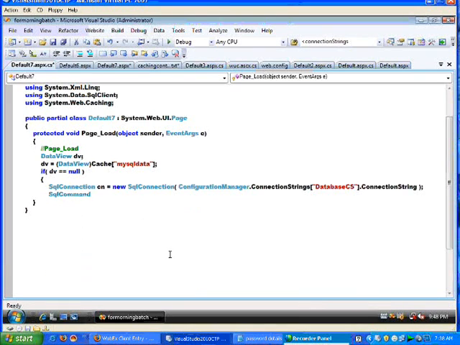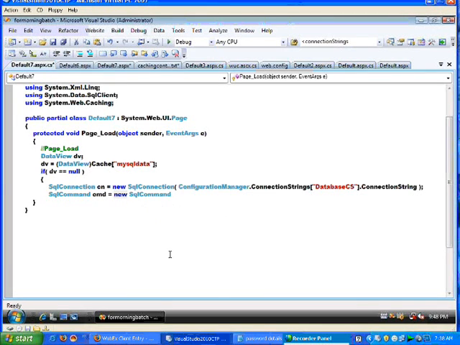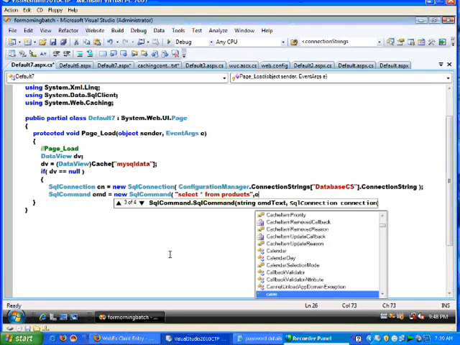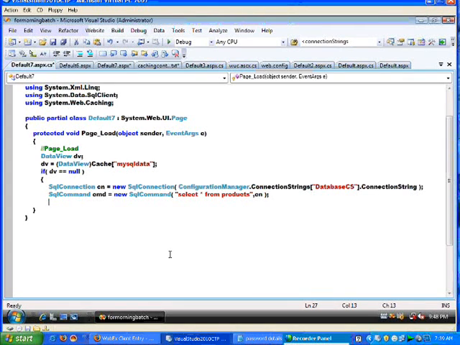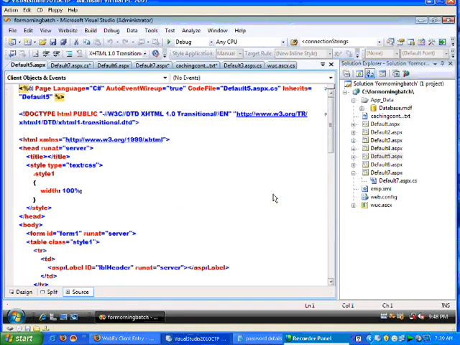Then how is this going to be possible? We take the support of SqlCommand, say cmd equal to new SqlCommand. You can just write the name of the table, for example select star from products. I just mentioned the connection. Okay, we can just specify this particular connection. Then what happens is automatically